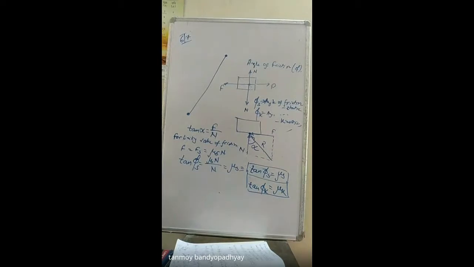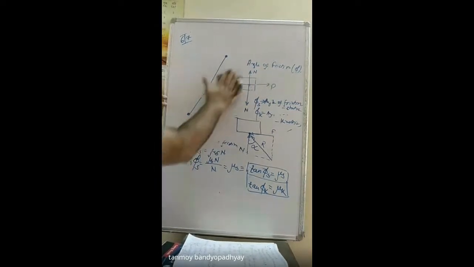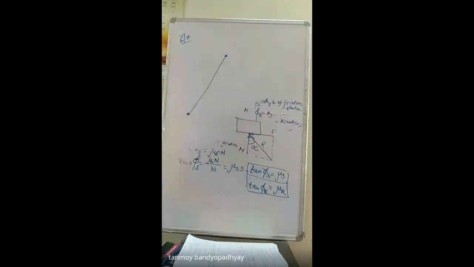Now we're doing this problem where you get to understand how the concept of angle of friction can be applied to determine whether the body has started slipping or is at rest. Coming back to the problem we were discussing, as you can see, there is a weight of 50 kgs, I think. There is a point A resting on the ground, and a point B here.